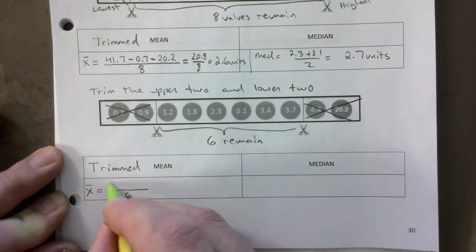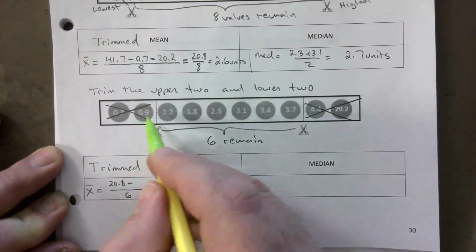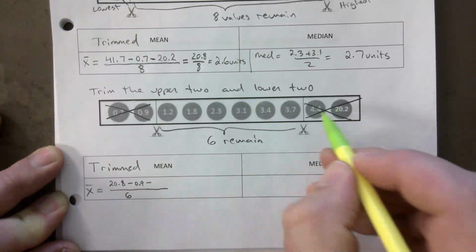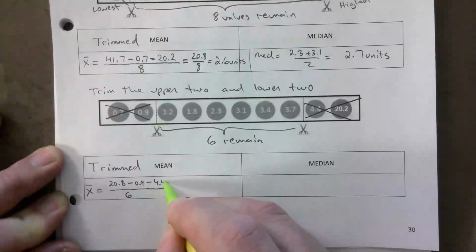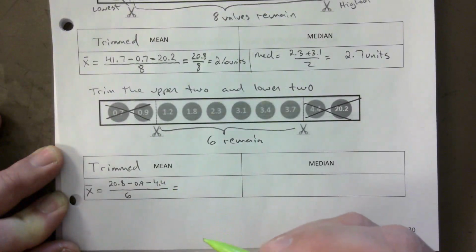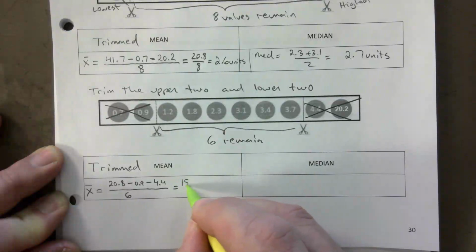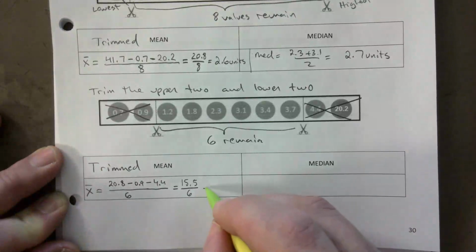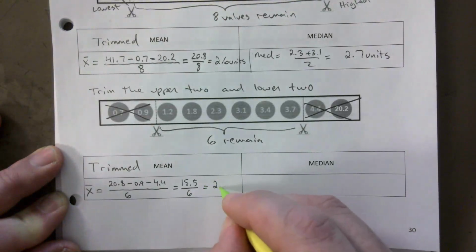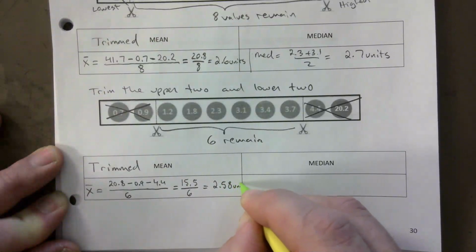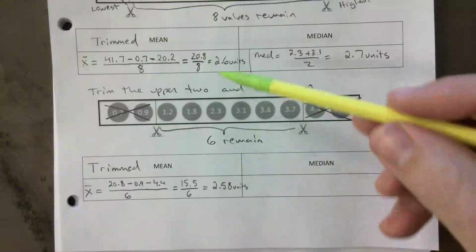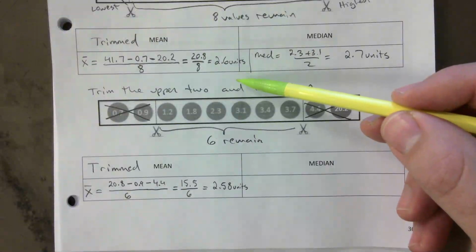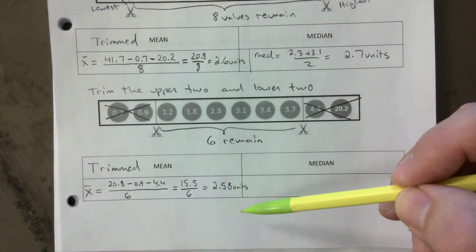And I'm just going to say 20.8 minus the 0.9 here, minus the 4.4. If you subtract that, you get 15.5 divided by 6, which amounts to 2.58. Is there a big change from before? Tiny change. And the reason why there isn't that big of a change, just make sure you get this part,